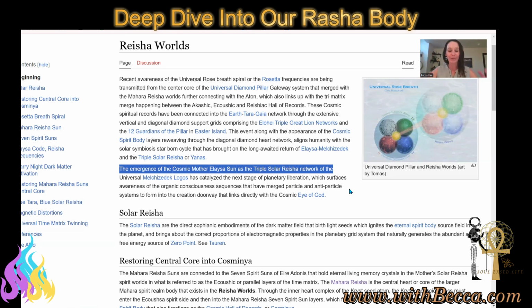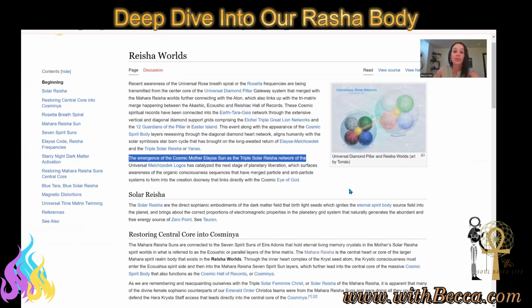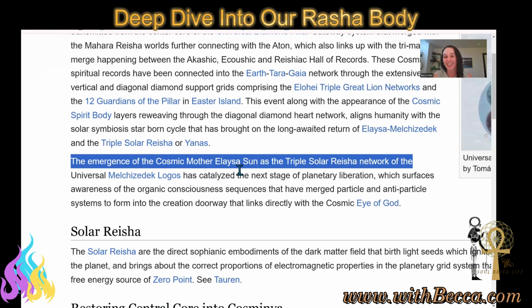If I could just put it that way, Rasha is our doorway back to mother, by going into the core of the blueprint of creation. So we are literally going inside of ourselves as a core star, as a solar being. And this is why they're asking us to do solar astrology now, not lunar astrology. And so as we connect to the emergence of this cosmic mother, as we follow the Rasha template, we make our way back to our cosmic mother, Elesa. Even just saying Elesa, I get so much love in my heart.